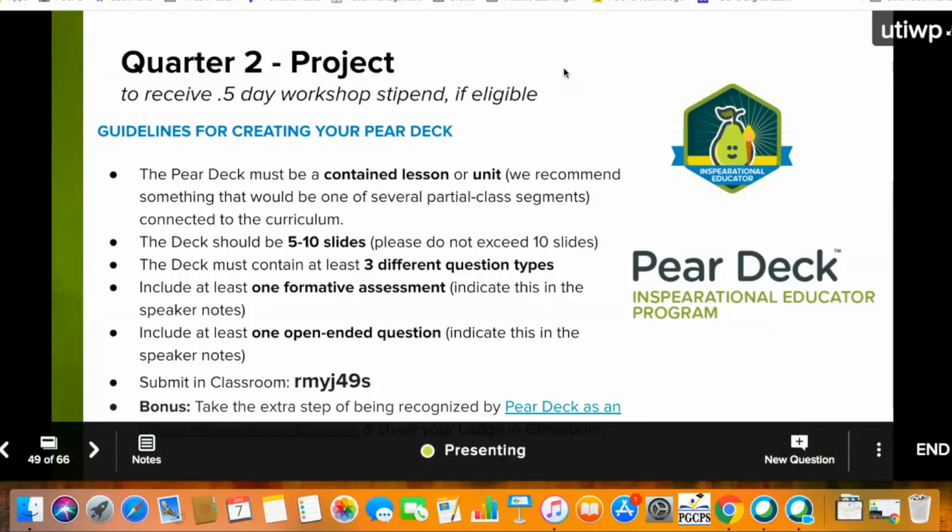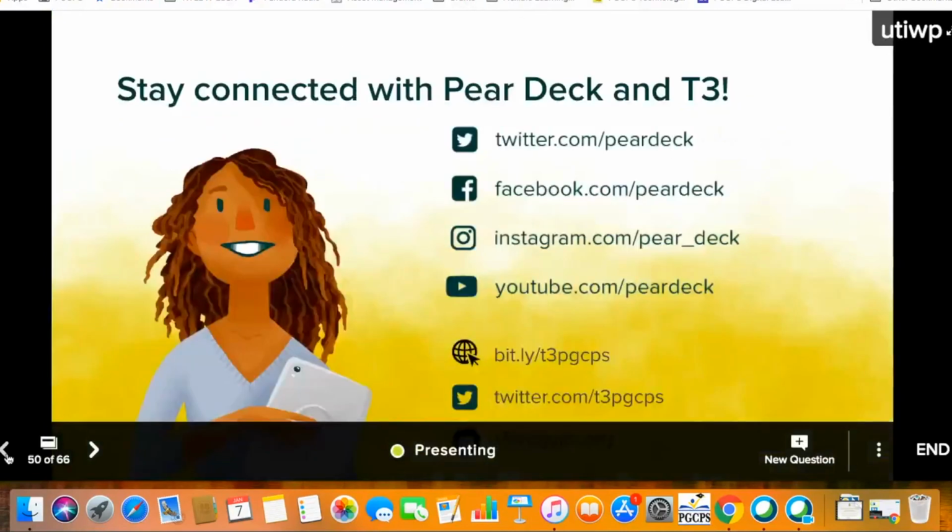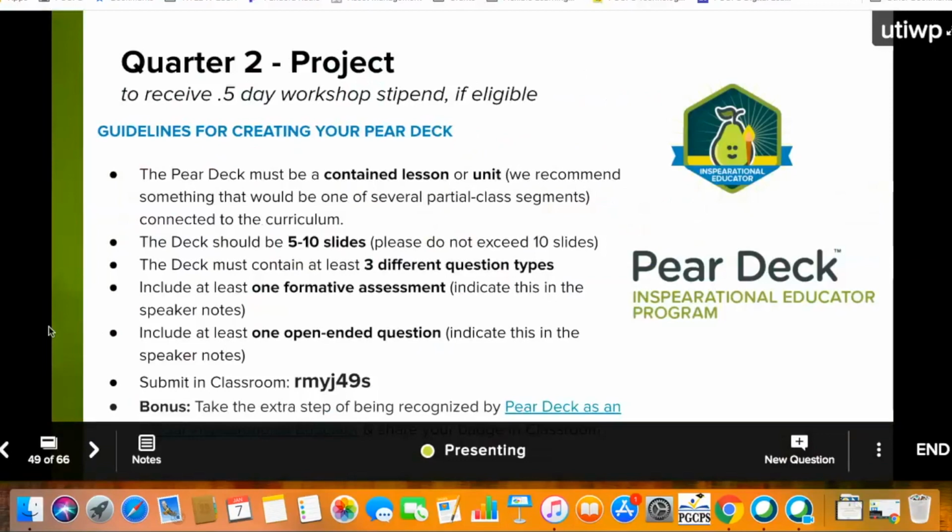and you're also going to make sure that your presentation has at least 5 to 10 slides. We're asking that you don't go over 10 slides, so we don't want a whole unit presentation. But if you could share at least 5 to 10 slides and use at least 3 different interactive question types, then we'll ask that you